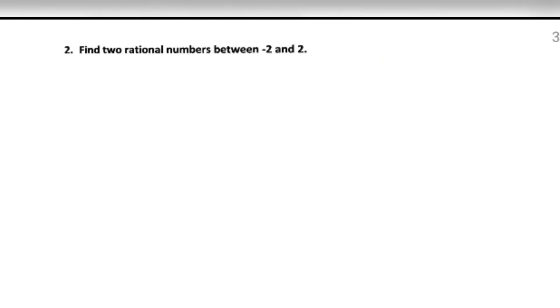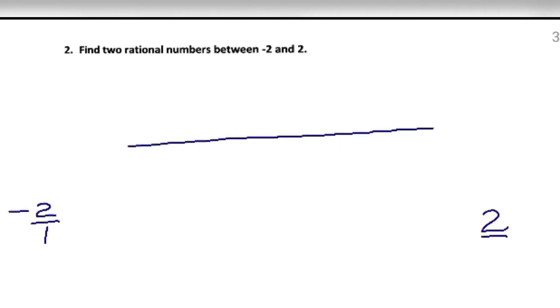Now the next question: find two rational numbers between minus 2 and 2. Integers are also rational numbers because we can write them in the form of p upon q. Minus 2 can be written as minus 2 upon 1, which is a rational number, and 2 can be written as 2 upon 1, which is also a rational number. So on the number line, when you represent integers, how do you write? 0, 1, 2, -1, -2, and these can be written as -2 upon 1, -1 upon 1, 0 upon 1, 1 upon 1,